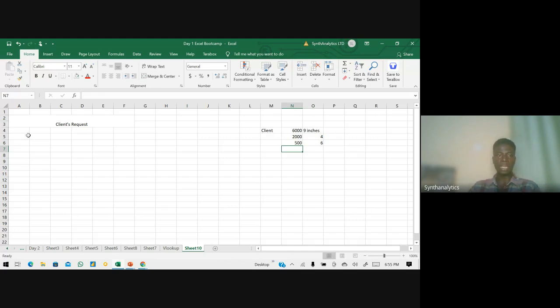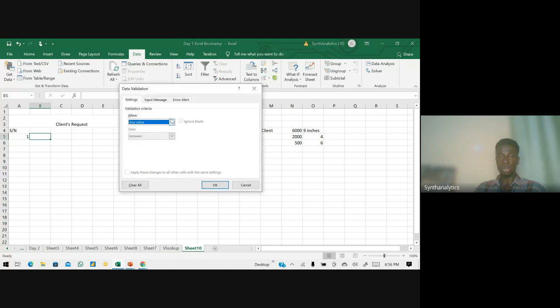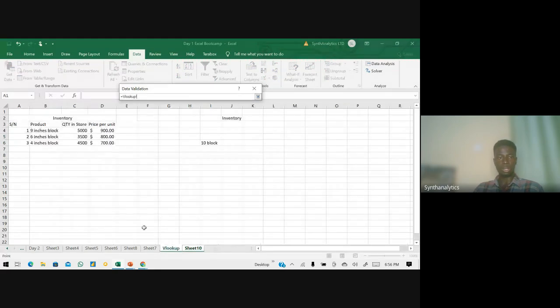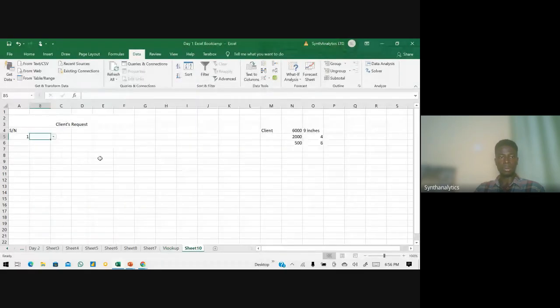We've learned about our data validation. So let's use our data validation here. We have our XN, then we have our numbering again. Over here, we can do our data and then do our data validation, then do our list. Our source, where's our source? We are going back to our inventory sheets. So we are picking on these guys. These are our source, and then we can hit OK. So we can drop this down as much as we want.